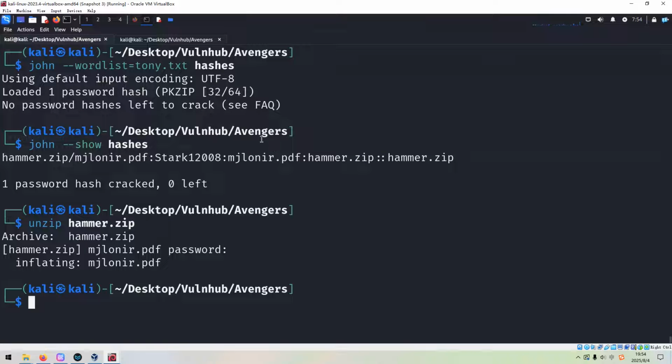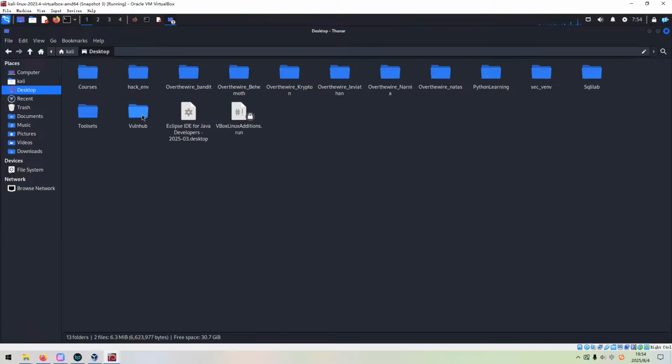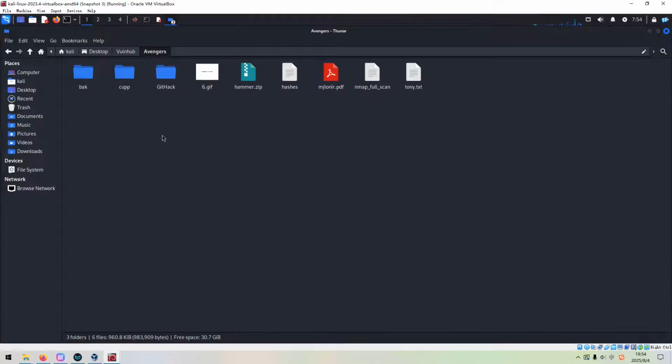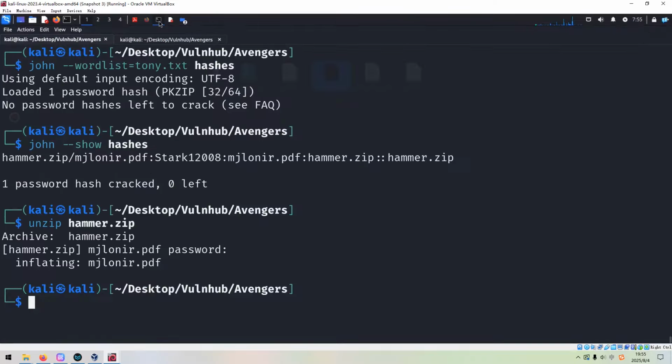Okay, so now we can open up this file. Avengers, open up. Unfortunately, this PDF document is protected by a password. No problem. We can use a similar tool to convert this document to a hash,